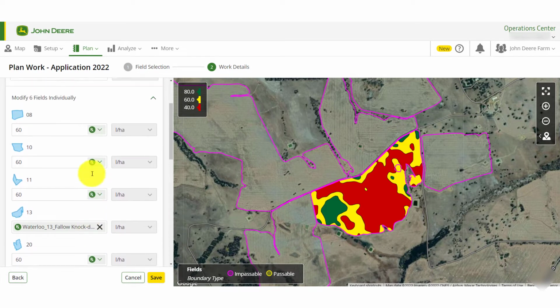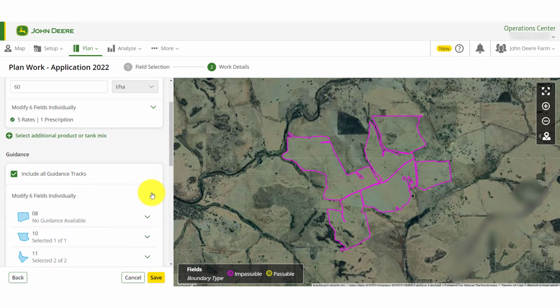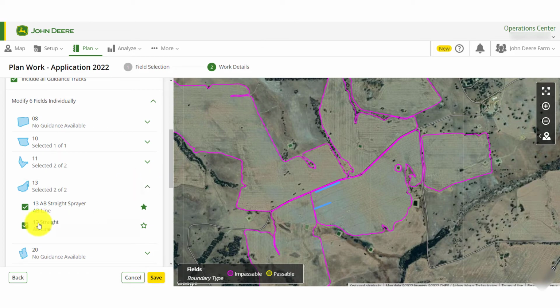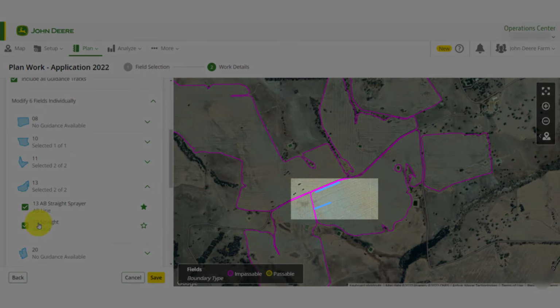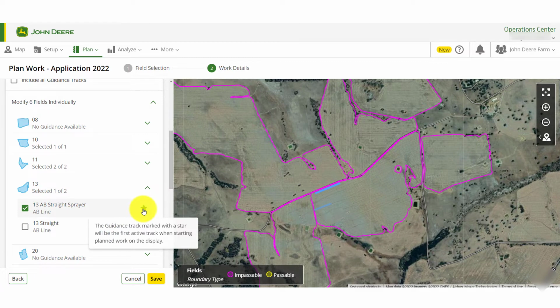Next, select the guidance tracks to be used for the operation. The Include All Guidance Tracks checkbox will include all guidance tracks associated with the fields you have chosen previously. Alternatively, you can select and deselect individual tracks for each field by selecting the drop-down arrow. When you select a field, a preview of the guidance lines will be shown within the field, and you can deselect any unwanted lines for this operation. When using multiple lines for a field, you can use the star selection to choose which line is active first